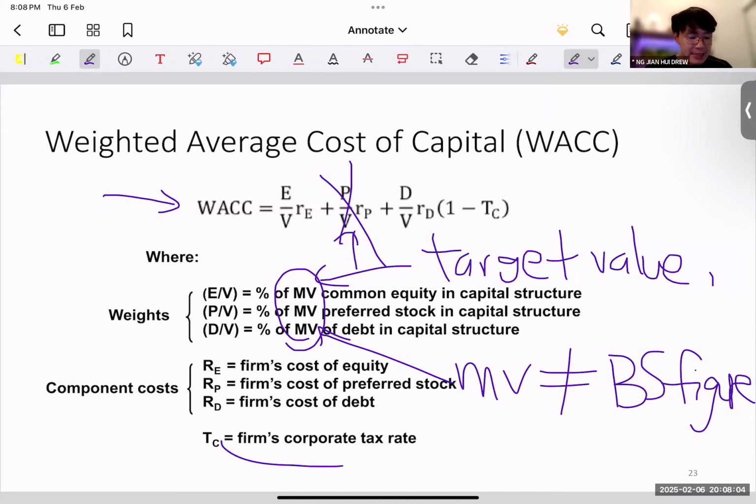Corporate tax, so something to take note. I really encourage you to look at the Nike case. Tax can be quite complex, and the Nike case elaborates a lot more on this tax situation. Generally, in Singapore, it's quite simple. The tax rate for a company, I think it's 19% flat rate.